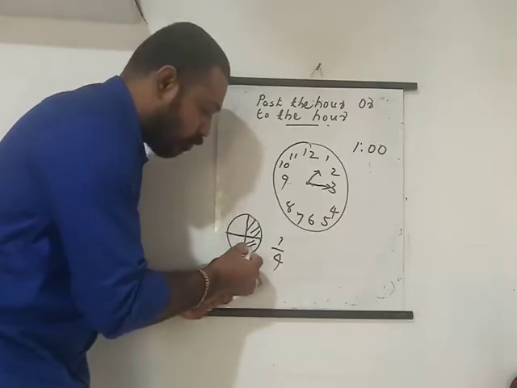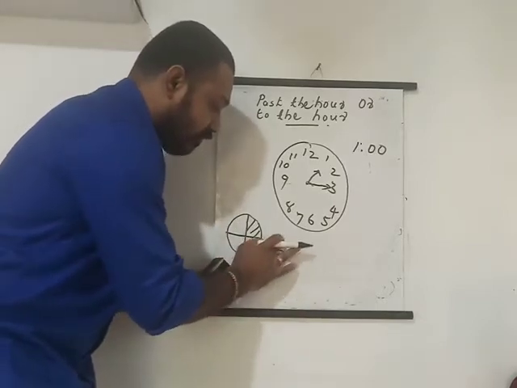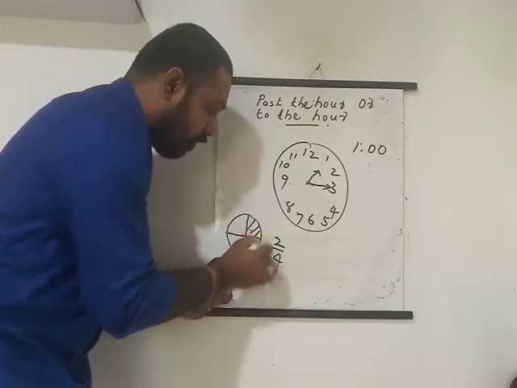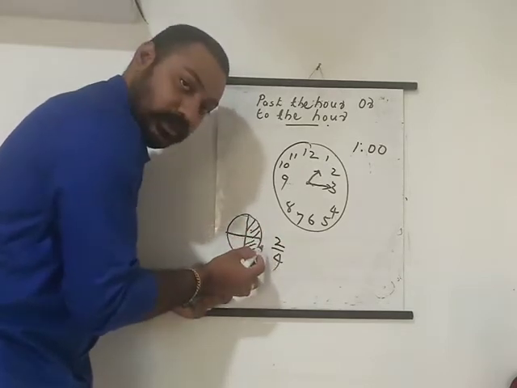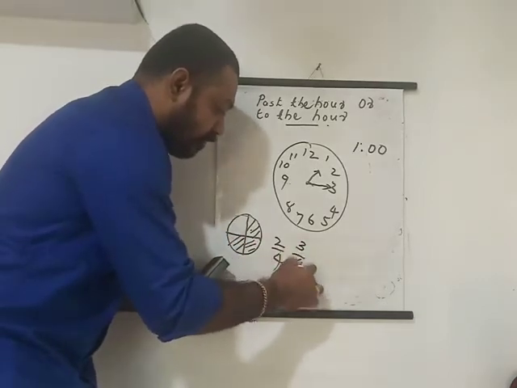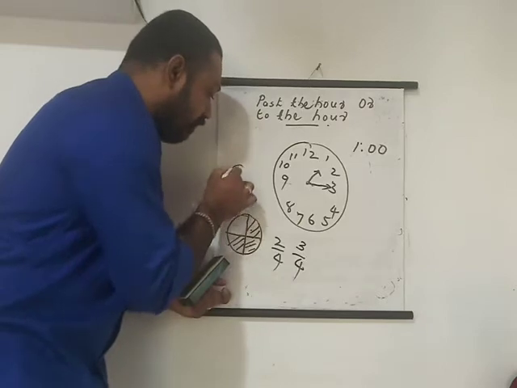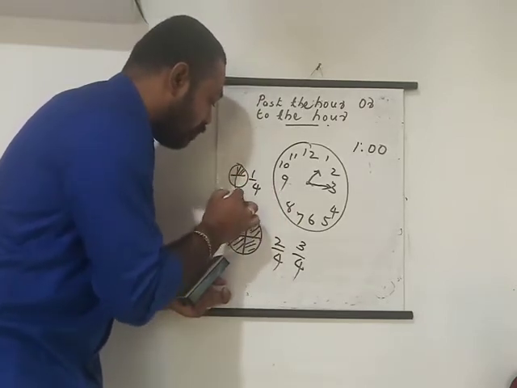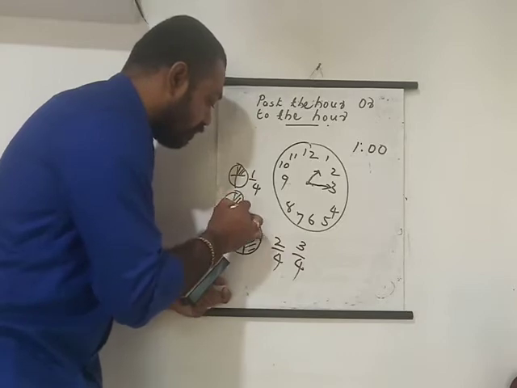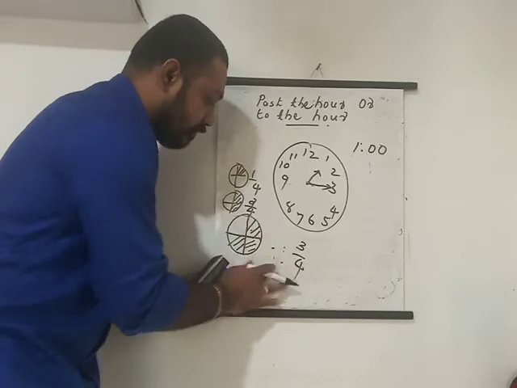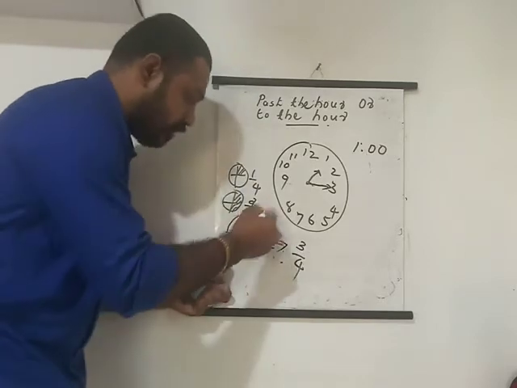This is the 2 by 4, isn't it? This part we will write as 2 by 4 of this one. And what we will read as this one? This is 3 by 4. So the first part, this one we will read as 1 by 4. And this part is read as 2 by 4. And this is 3 by 4. Fully this means 4 by 4.